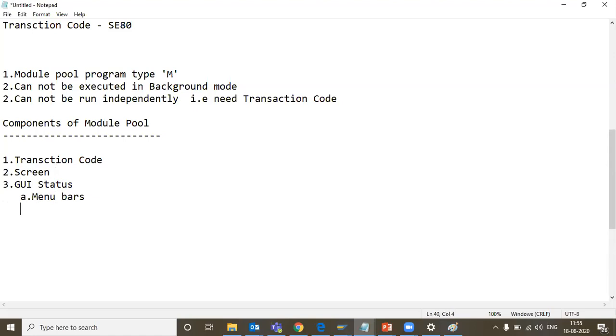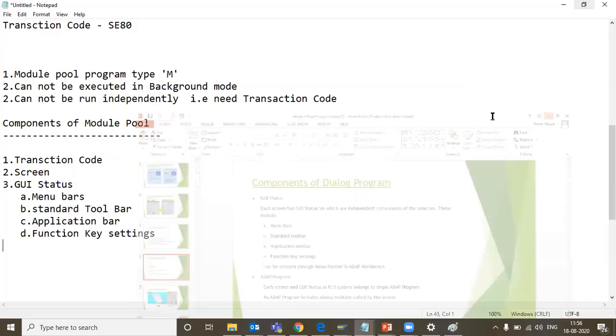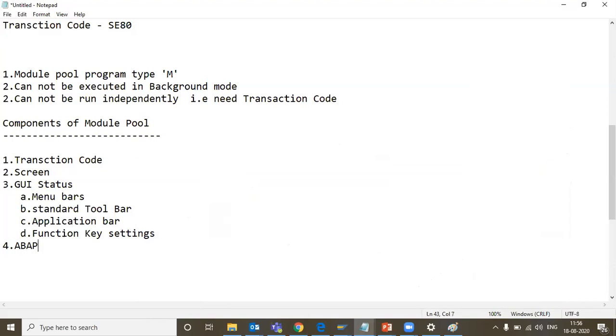Then you have some key settings. Then the fourth part is very essential, that is ABAP code. So in every module pool program you have to have these four components.